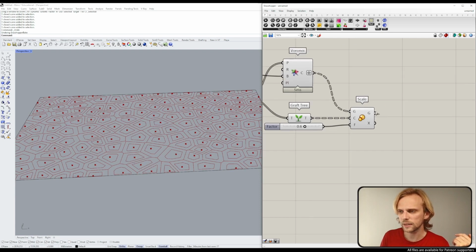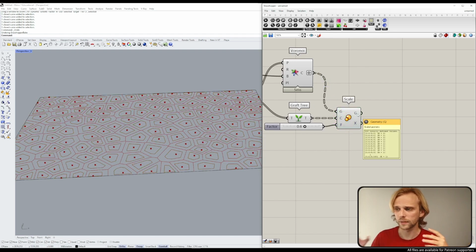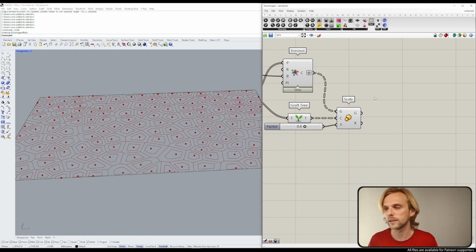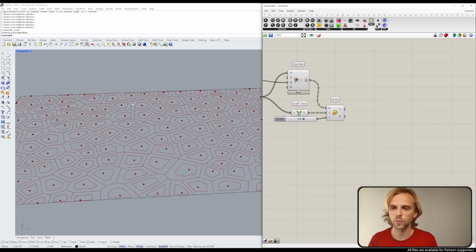Except that in this case, when you have both of these inputs grafted, the output of the scale is for each individual branch, and that is going to be quite necessary later on when we will be dealing with specific smoothing, or rather subdivision. I'm planning a few steps ahead in this case. Let's move